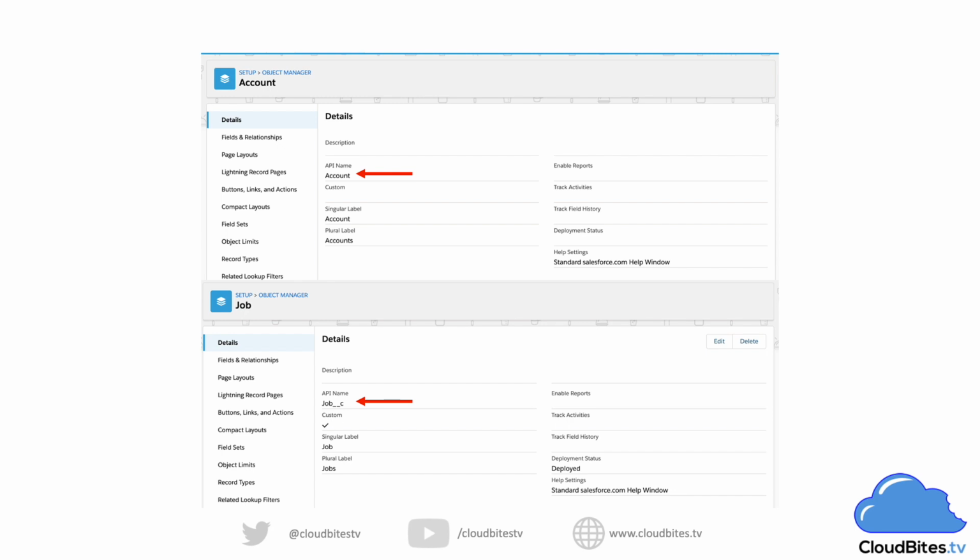And on the screen here, you can see that I've got into my object manager, and for the account object at the top here, that's the standard account object that everyone has in every edition of Salesforce. You can see that there is an API name field on the details page, and it is called account. So for the standard account object, the API name is just account, and that is the name of the data type for us to work with. I've also created a custom job object in my environment, and you can see here that it has the API name